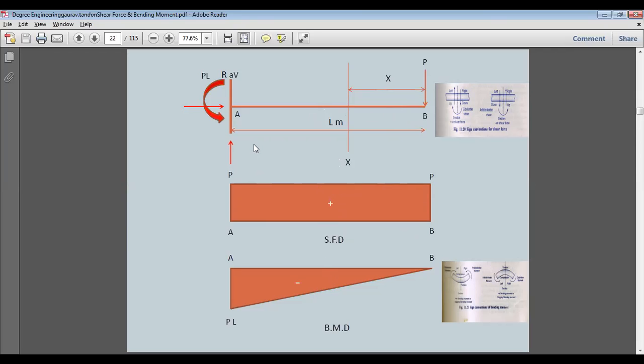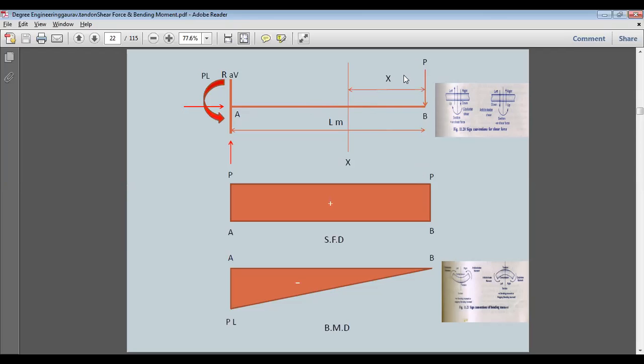So from here to here, we will be having bending moment from this point, P into 0. The bending moment is moment, so force multiplied by distance. So this is the acting force P, and P multiplied by 0 is 0. So this point will have 0 bending moment, whereas this point will have maximum bending moment because P